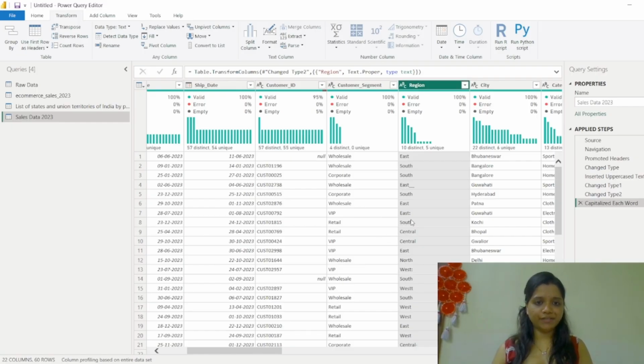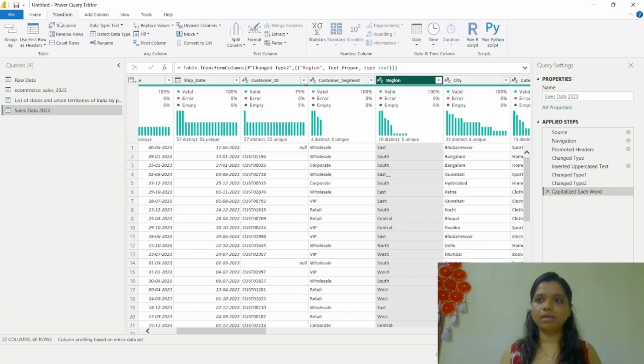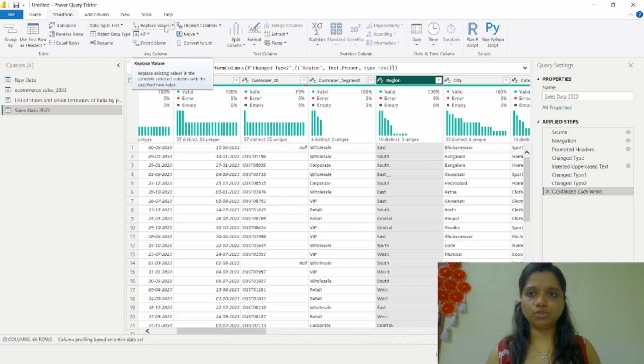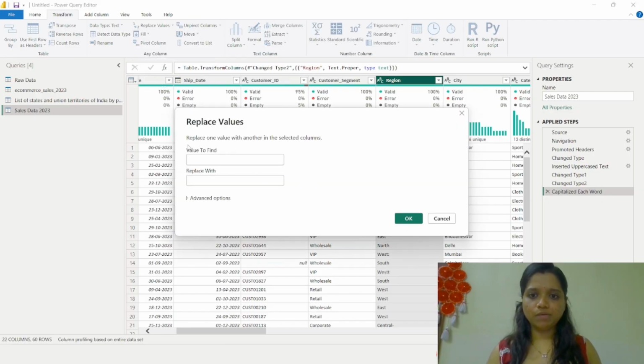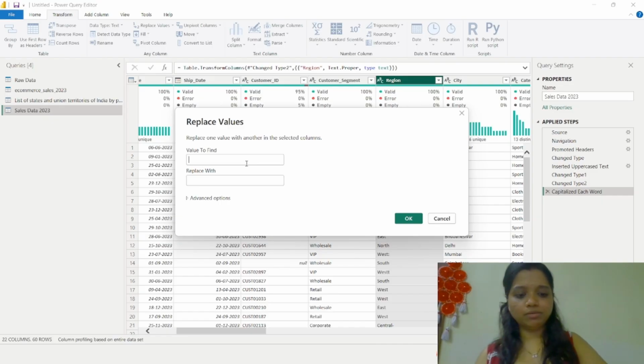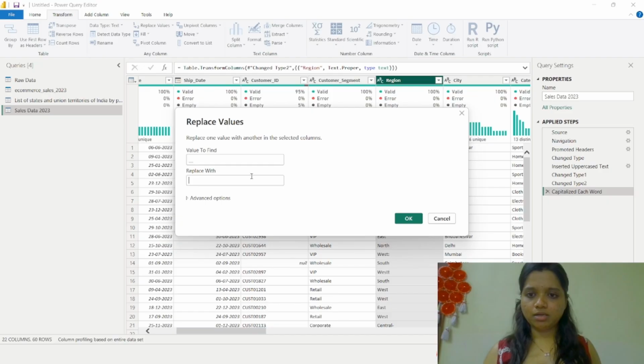Next we have to clean this column as well. We have to remove these suffixes. So again, we select this region column and under the transform section we see this replace values option. So we click this replace values, we get another window to type the value we have to replace. We don't want this underscore and we'll replace it with nothing, as in null.